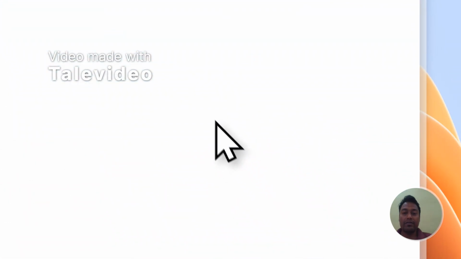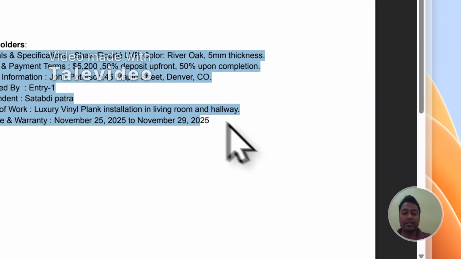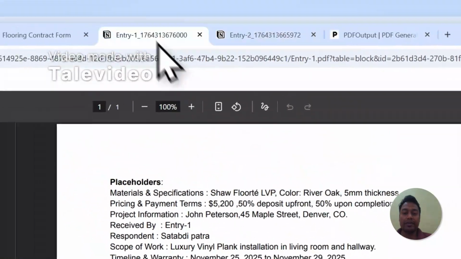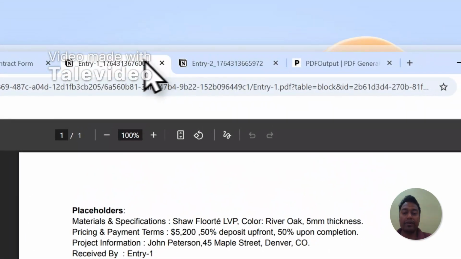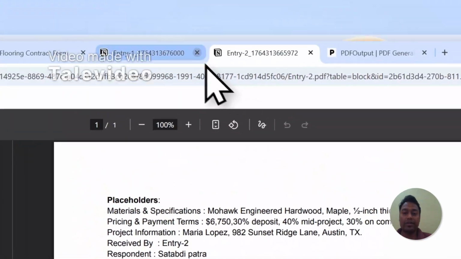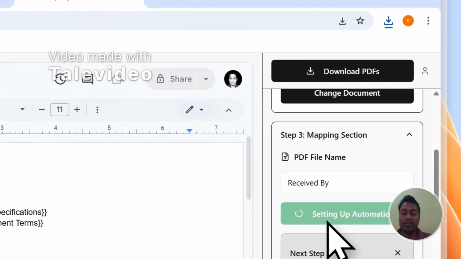Let's open the second record, and you should be able to see the second record with all the mappings intact. So we created two specific records in the database, in the PDF created, with all the fields automatically mapped to the database values. The best part of the tool is once everything works correctly, click on setup Notion automation, and